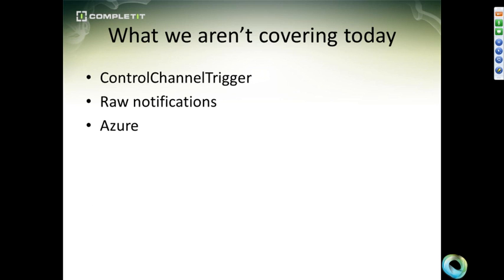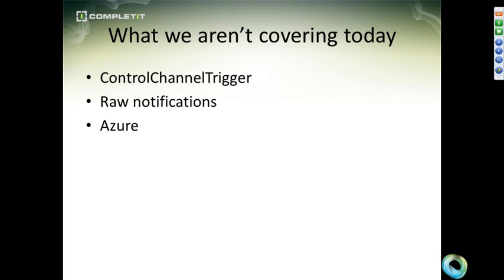What I'm not going to be talking about, I found that important to put in here as well, because you should know what else is out there. I'm not going to explain about the control channel trigger, which is a way of allowing your Windows 8 application to run under the lock screen and get incoming connections, or TCP connections basically,